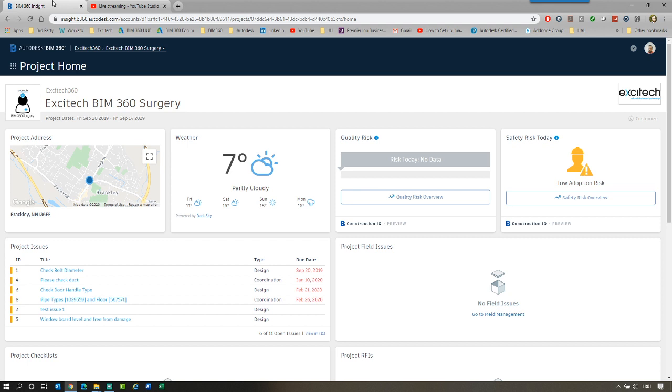And today we're going to look at some of the recent enhancements around issues within lots of the BIM 360 modules. So I'm going to take a little look at the new issue templates and how we can pin issues and do lots of clever stuff now that really starts to take the creation of issues and speed up that whole process. So in my usual BIM 360 surgery,